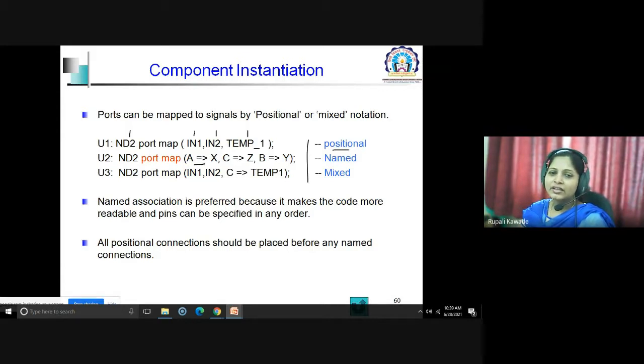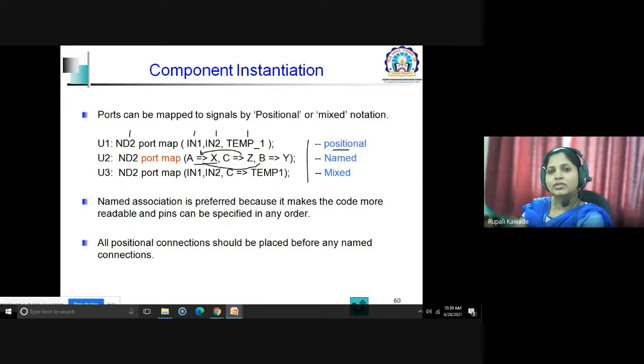The second notation we call named association. Named means we are explicitly specifying where to map: A will be mapped to X, C will be mapped to Z, B will be mapped to Y. Here, if you change the position, like if I shift the C map to Z to first and A map to X last, it will still be okay.